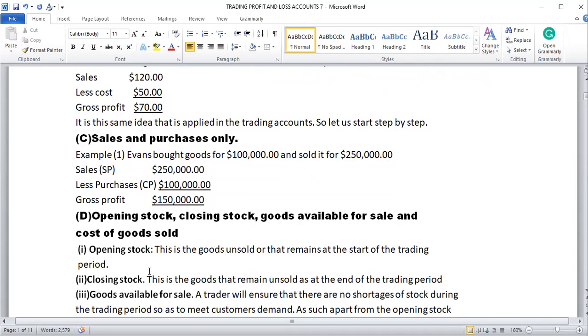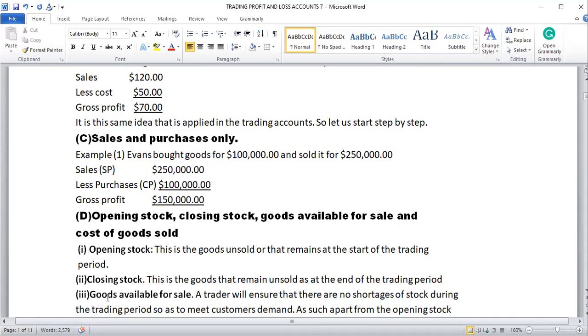Let me explain the opening stock and the closing stock. At the end of the trading activity, there are goods that will remain, that we call, for the current period, the closing stock. But when it's carried to the subsequent period, then it becomes an opening stock. So, for example, let's say the business is trading in June. Whatever goods remain in June is closing stock for June. But when it's carried down to the next month, which is July, it becomes an opening stock. Okay, let us